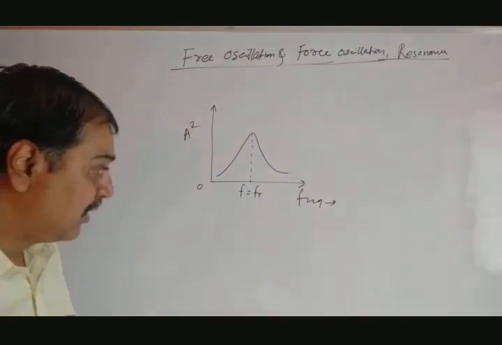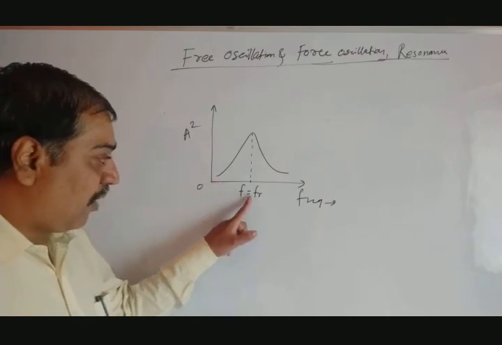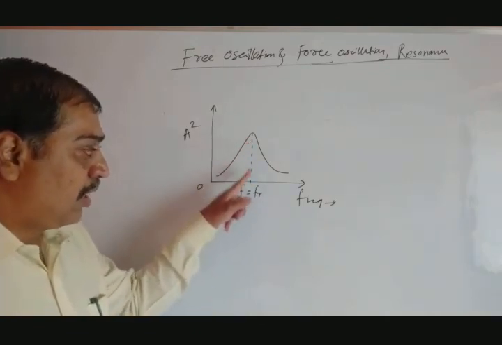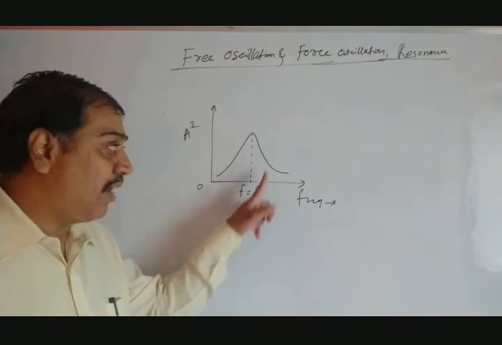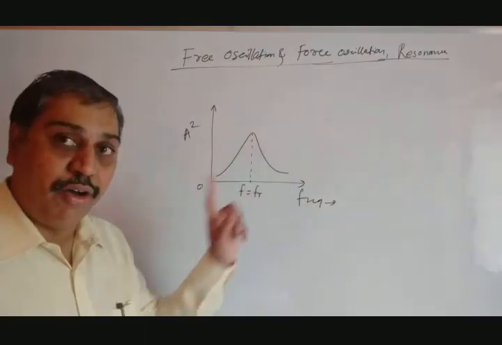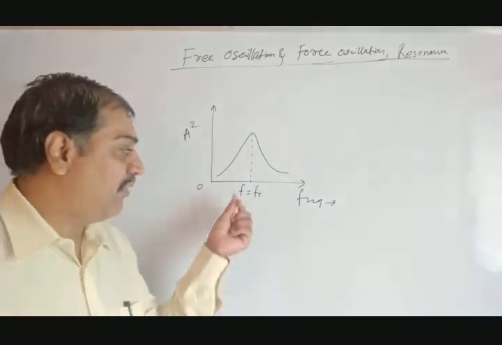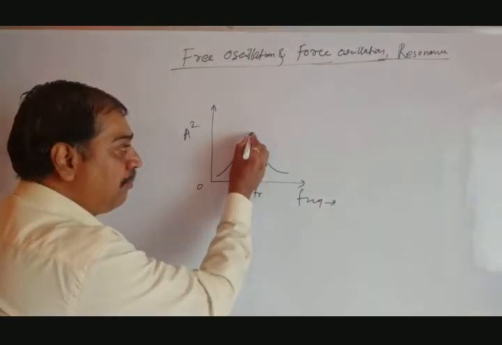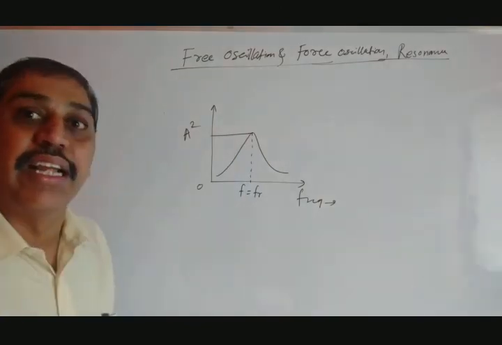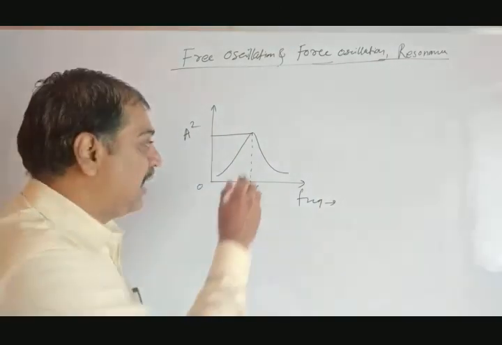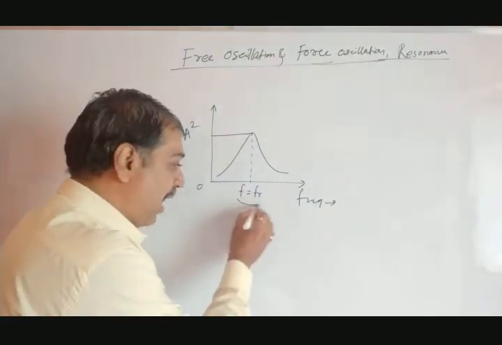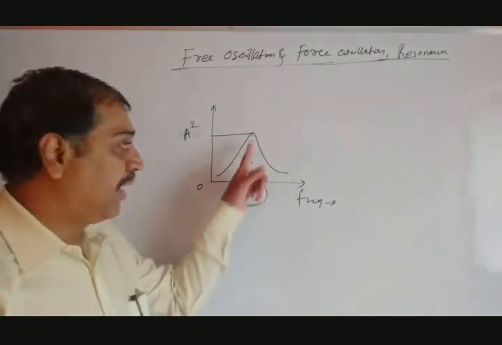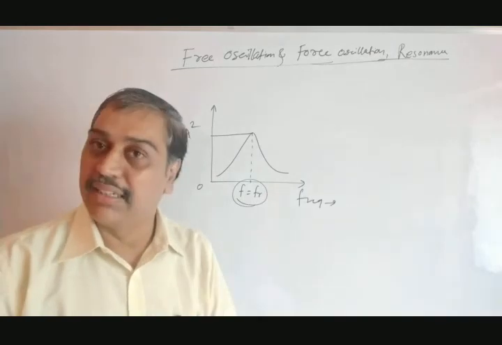What does it mean? At frequencies other than this f_R, the amplitude is small. At frequencies higher than f_R, the amplitude is small. Exactly at the frequency equal to the resonant frequency, you get a maximum amplitude sound. In the case of the radio, we get a loud sound, and this phenomenon at this part is said to be resonance. So at resonance, we get maximum amplitude.